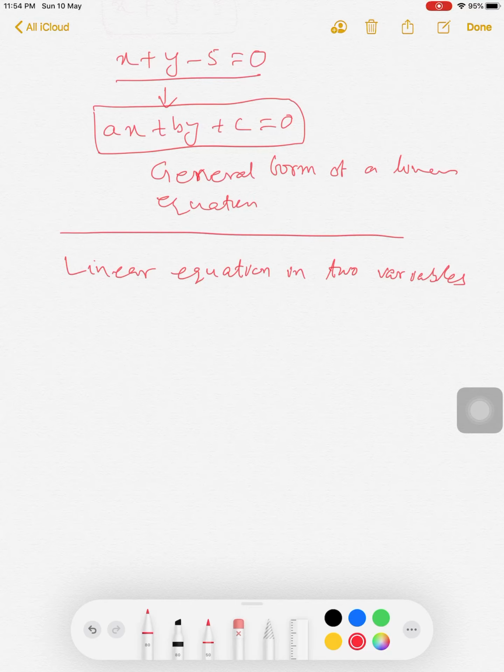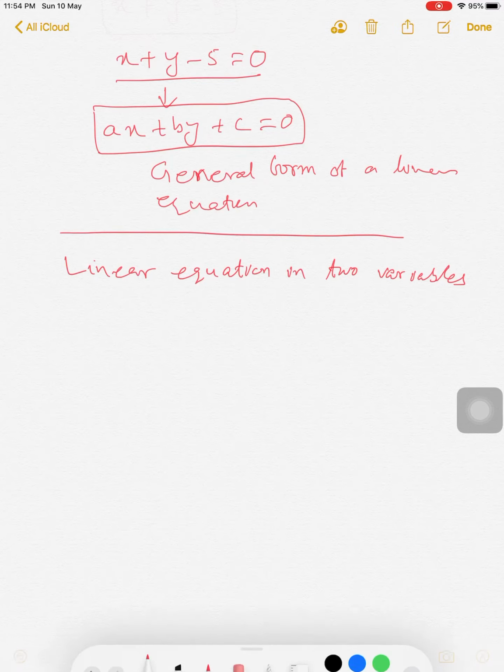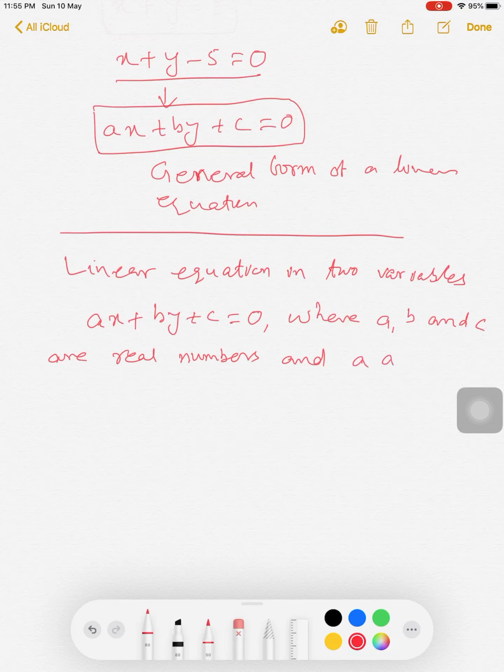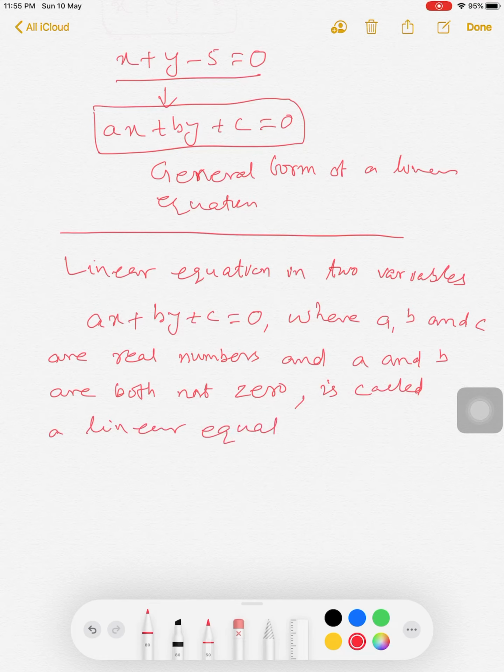So any equation that can be written in the form ax plus by plus c equal to 0, where a, b and c are real numbers, and a and b are both not 0, is called a linear equation in two variables. Okay,